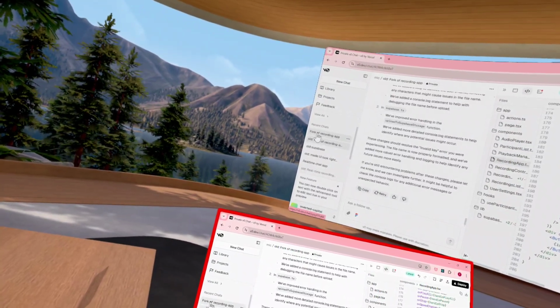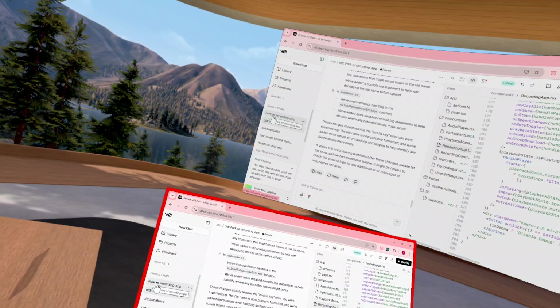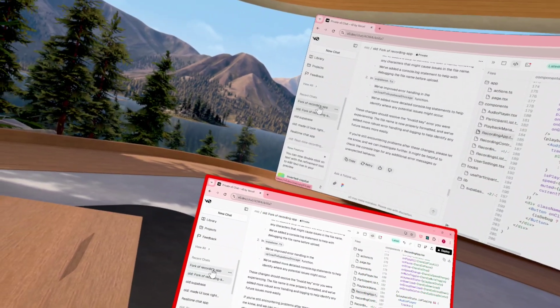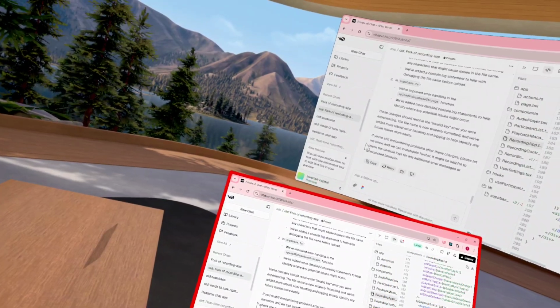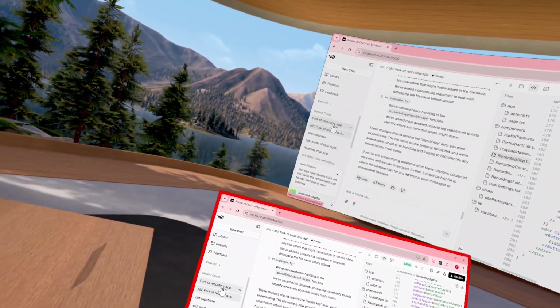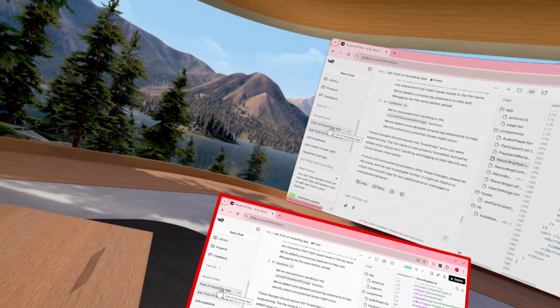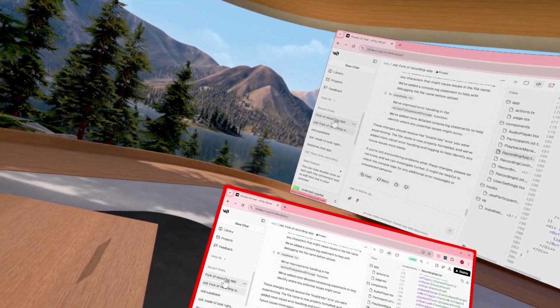So anyway, I made it connect up Supabase, which is just a database and blob storage system, and it's doing a pretty good job of it, I think.